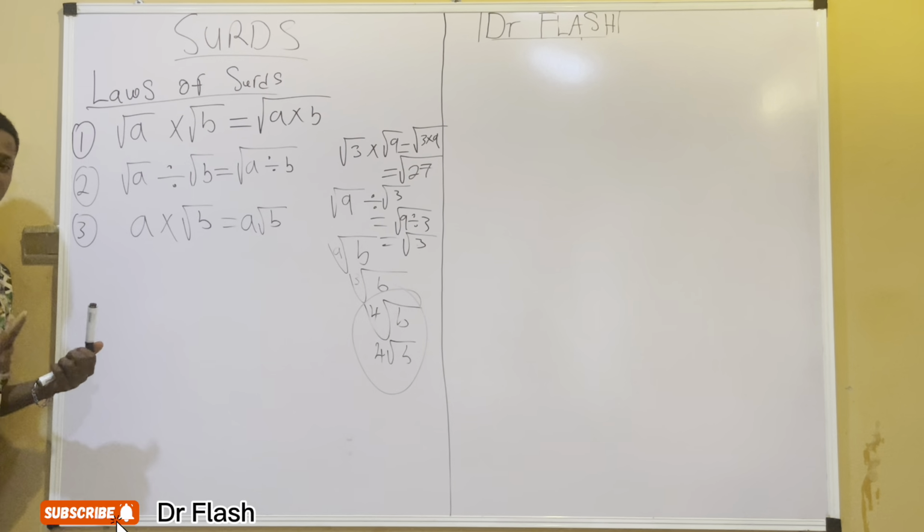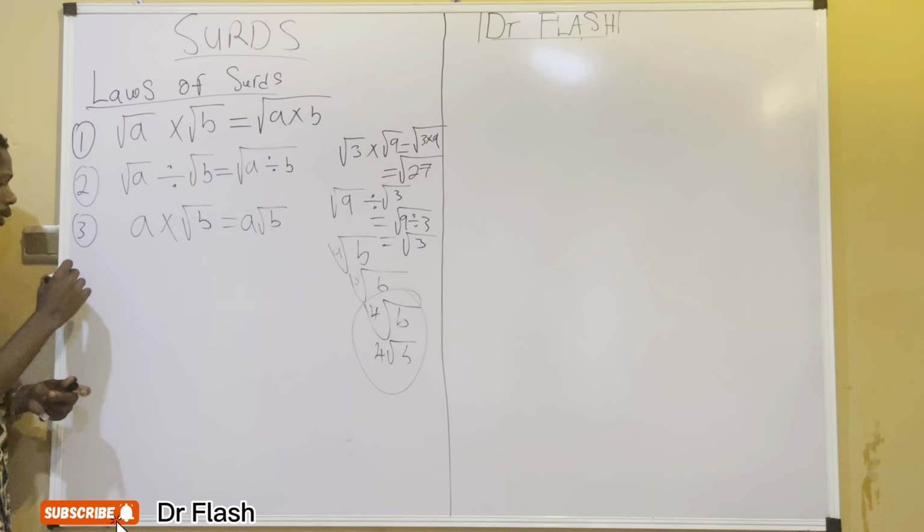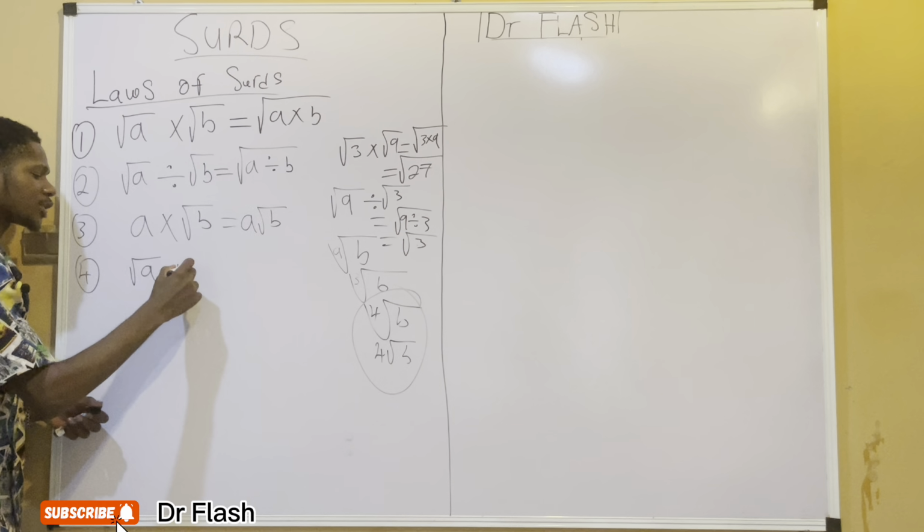That is, what number do you multiply by itself 4 times to give you b? If you don't understand that aspect, you might want to watch our video on indices to get a good understanding of that. Okay, now for law 4, if we're having the square root of a multiplying the square root of a,